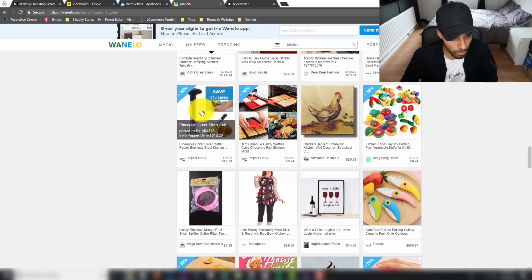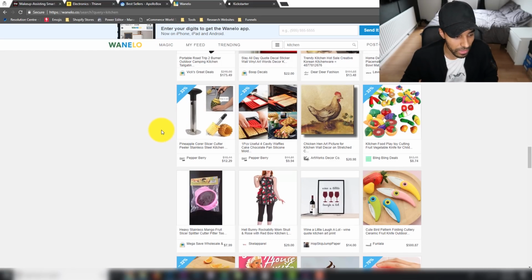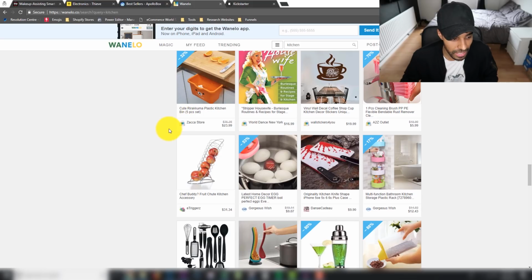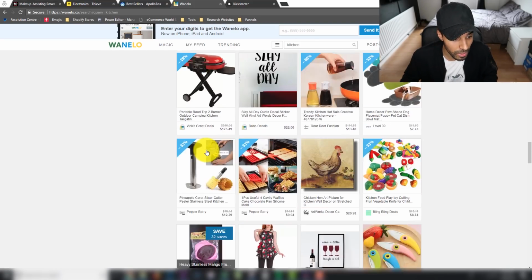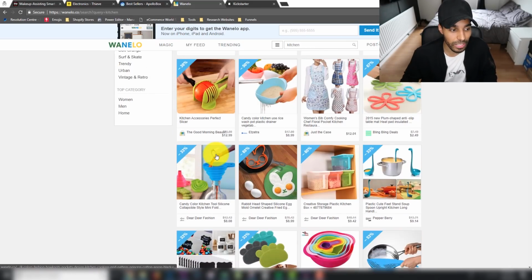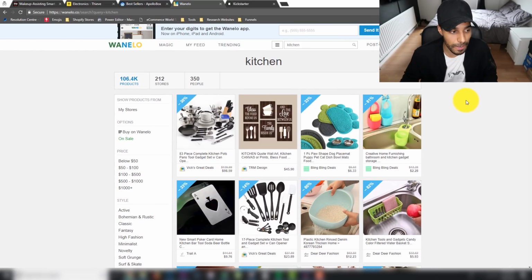test that. So this product here, I remember a lot of people were selling this pineapple corer quite a while ago. 345 saves on it, so it is fairly popular. Probably a little bit too saturated now, but nevertheless still something that is on this website and can give you product inspiration as well. So Ello is another one that you can go to,